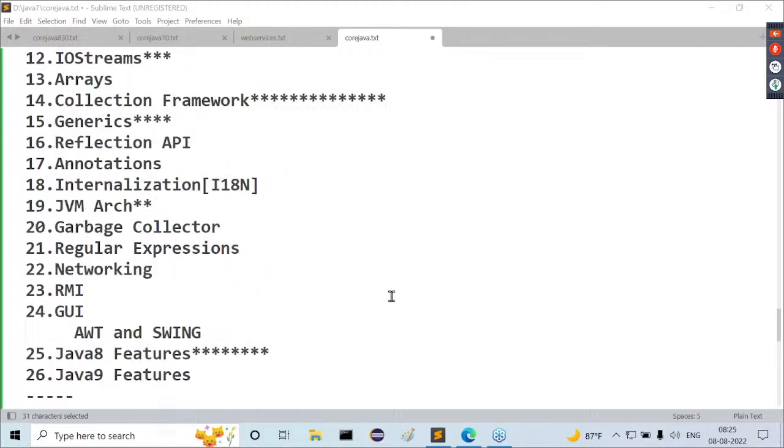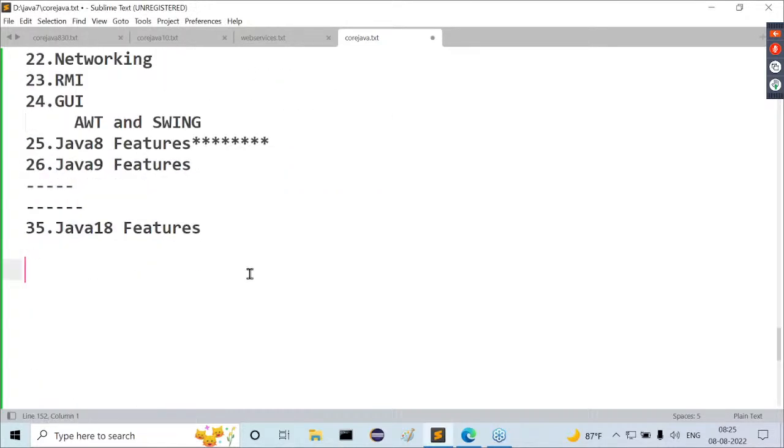And guys, one small request, I'm telling you again and again about the schedule. For the next few days only, I will take these core Java classes at 7 to 8:30. After a maximum of 1 week to 10 days, I will take your classes at 8:30 to 10. That is the confirmed schedule, a fixed schedule, so try to follow it as per your availability.